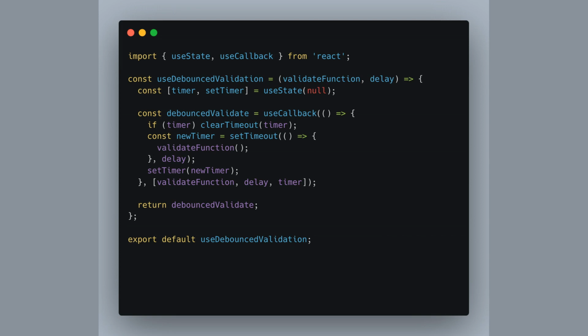In this part, we're going to optimize our form validation using a technique called debouncing. Debouncing is particularly useful in situations like ours, where we want to perform an action after the user has stopped typing for a certain period, rather than on every keystroke. It enhances performance and user experience. Here, we create a custom hook called useDebouncedValidation. This hook takes a validation function and a delay as its parameters. Inside the hook, we use the useState hook to keep track of